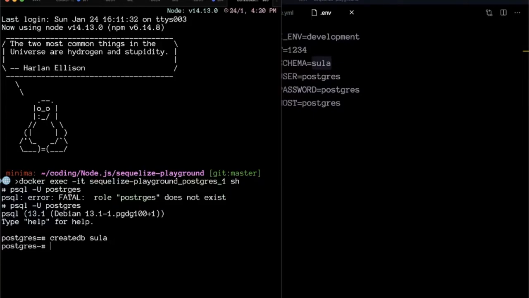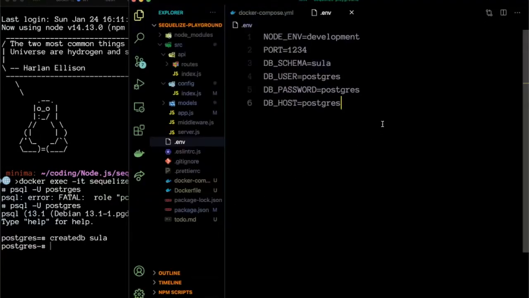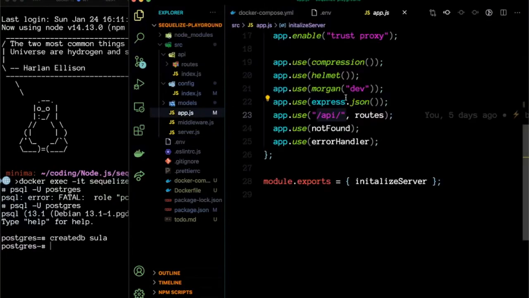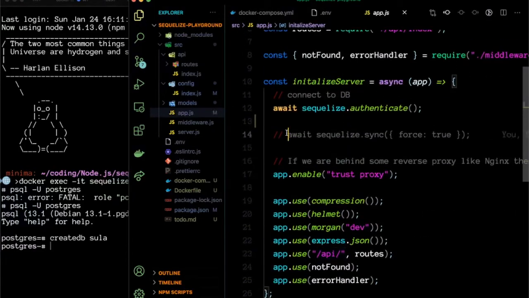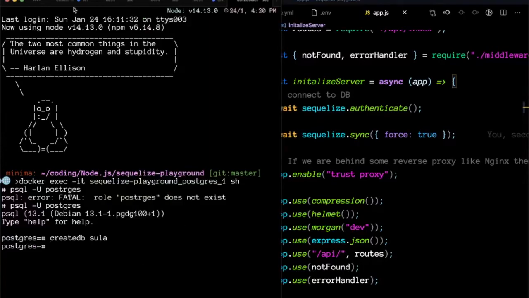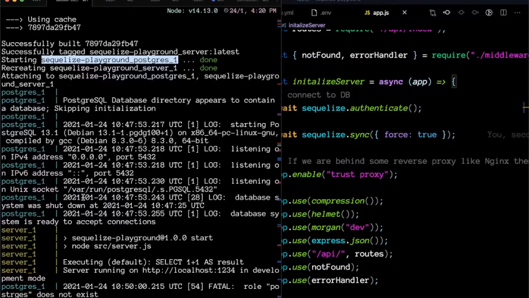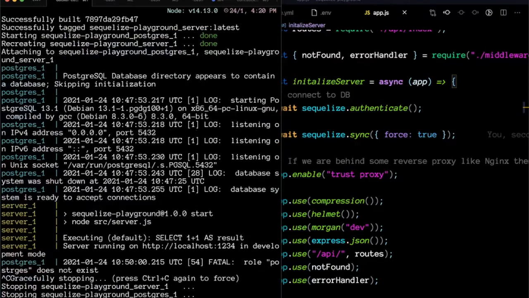Now our DB is created, and we need to make one slight change here. We need to uncomment this line so that all the tables, users and node table, can be created inside the DB. Now, as we have done two changes, we need to rebuild our Docker Compose file.